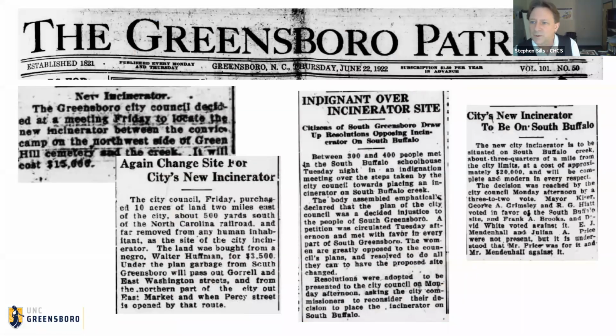This is from the Greensboro Patriot, 1922. The city of Greensboro is trying to figure out where to put an incinerator and landfill. That was the incinerator we saw in 1937. In the end, they had purchased 10 acres from an African-American family, Walter Huffman,